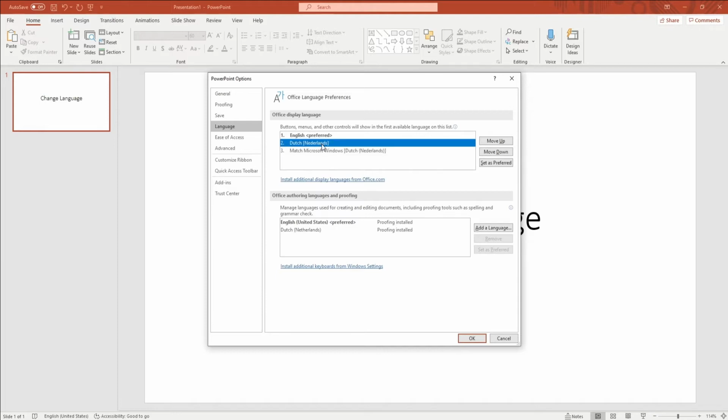You do this by downloading the language by clicking on the link underneath the box. And once you've downloaded it, it should be on this screen. You then click on the language and click on Set as Preferred. And if you're not using the preferred language, it will take the language that is the highest in this list. To change the order of the other languages, you click on one and then you use the Move Up and